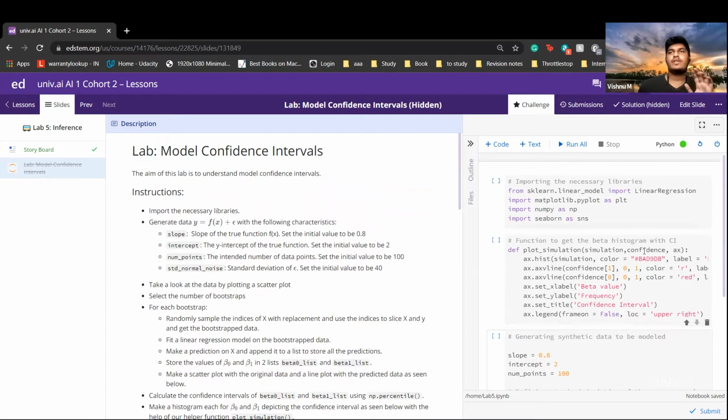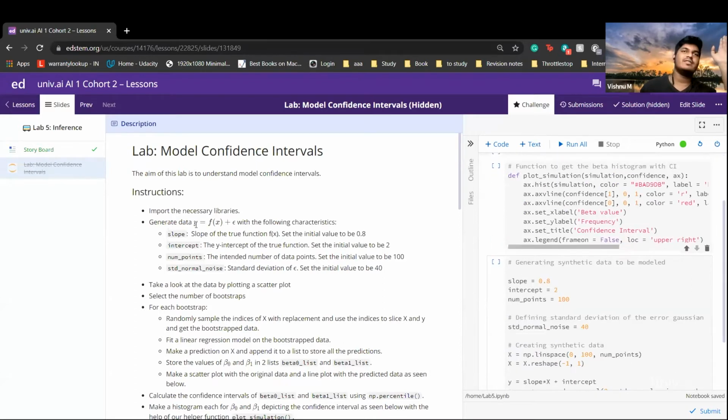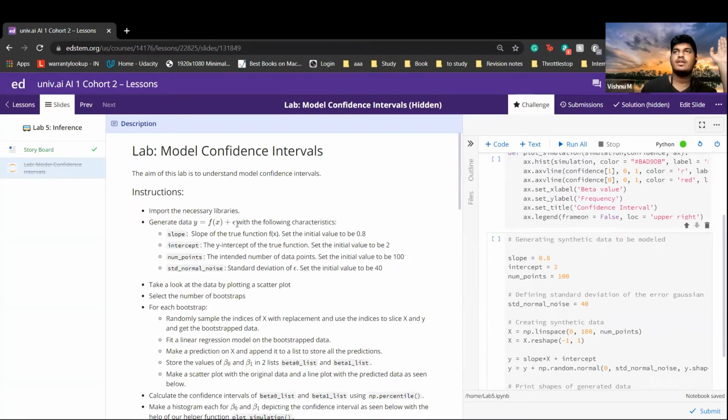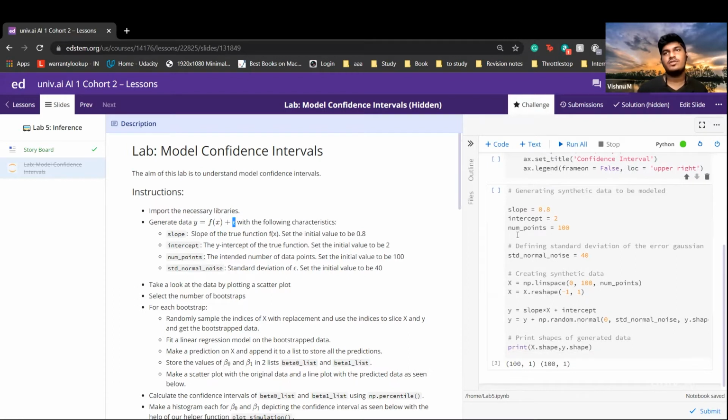So what you're doing first is you have to create a synthetic data set. Remember y is equal to f(x) plus epsilon, right? Epsilon here is the error term. So we are using Gaussian noise to introduce randomness to the data. You are getting the slope and intercept to make a line, and then you are introducing Gaussian noise to it, right?